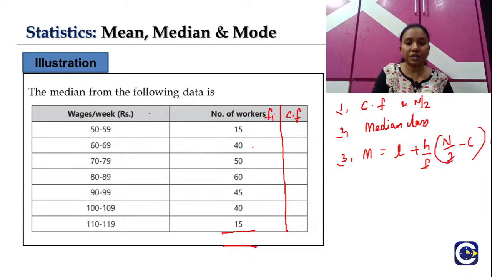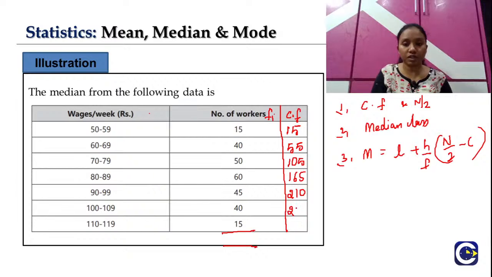So let's find out the cumulative frequency first. Here 15 for the first class, and 40 plus 15 is 55, and 55 plus 50 will be 105, and plus 60 is 165, and then plus 45, 210, and then 210 plus 40, which is 250, and then plus 15, which is 265. So this is the cumulative frequency corresponding to each of the class intervals. The sum of all the frequencies, the number of workers, is nothing but the cumulative frequency of the last class,